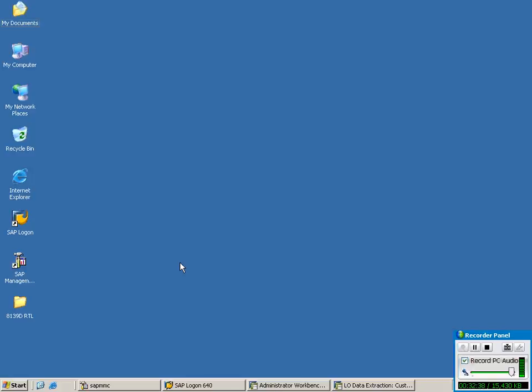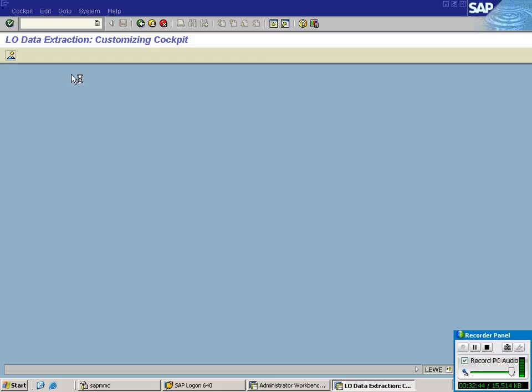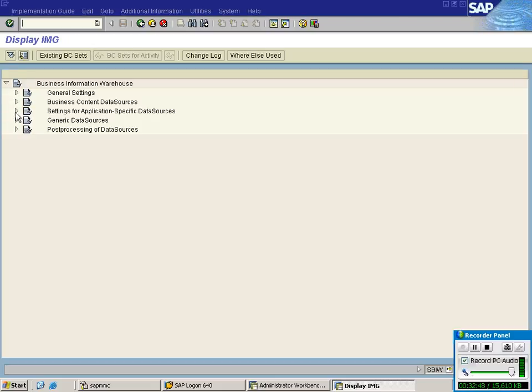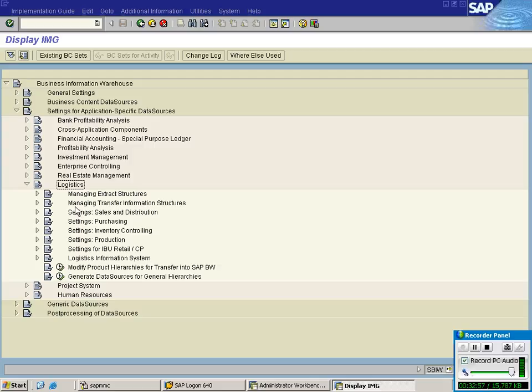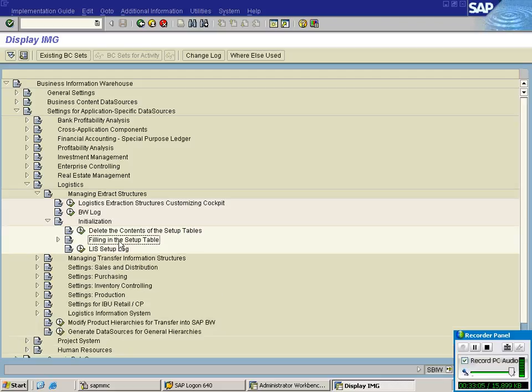We have just deleted the setup table. Now we are filling data to the setup table. SBIW. Settings for application specific data sources. Logistics. Installation.